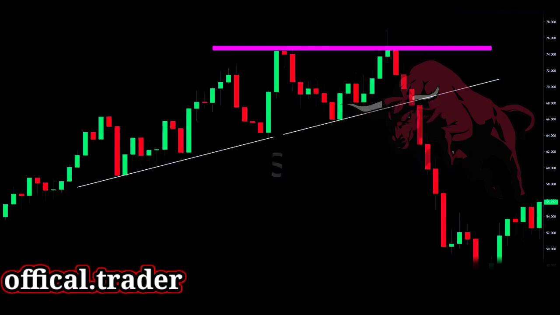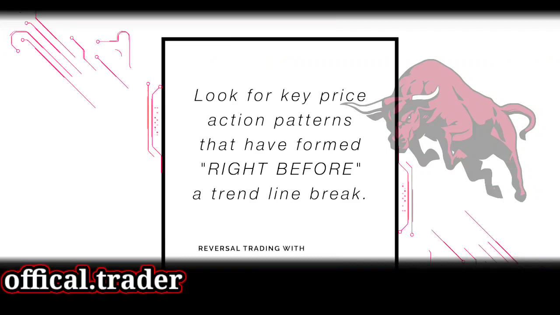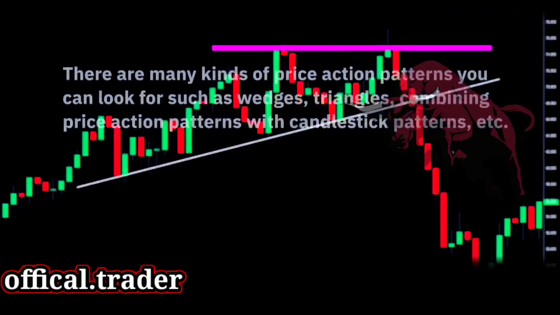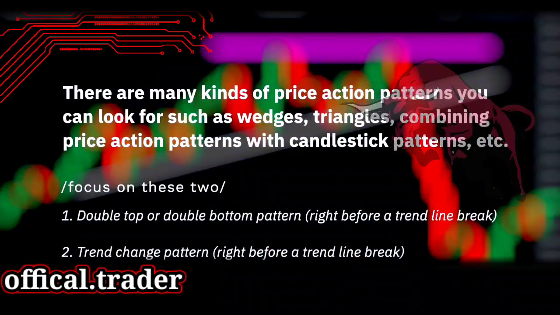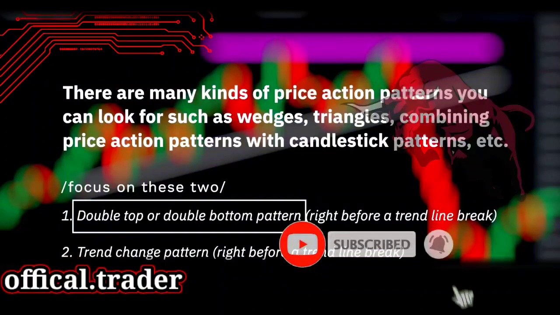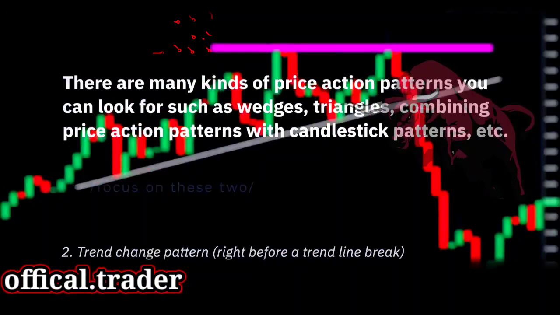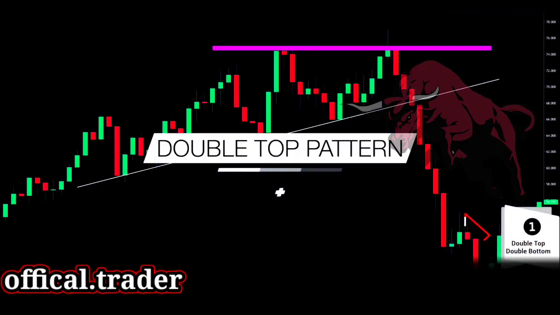Now, what you do is you look for key price action patterns that have formed right before a trendline break. There are many kinds of price action patterns you can look for, such as wedges, triangles, combining price action patterns with candlesticks, and so forth, as there are a lot. But for now, focus on these 2: the double top or double bottom price action pattern and the trend change price action pattern. So let's start with the first, which is the double top or double bottom right before a